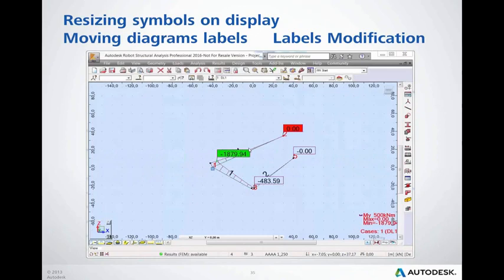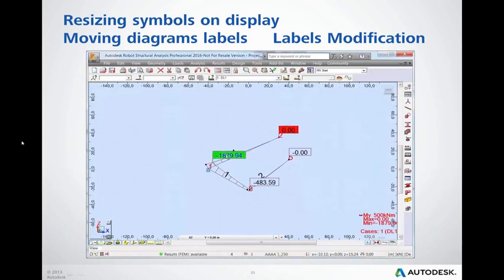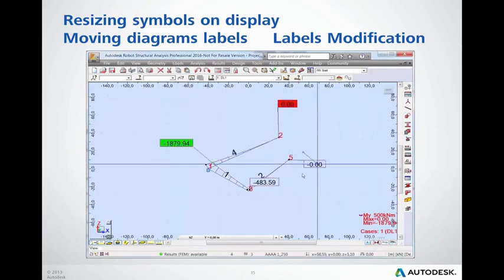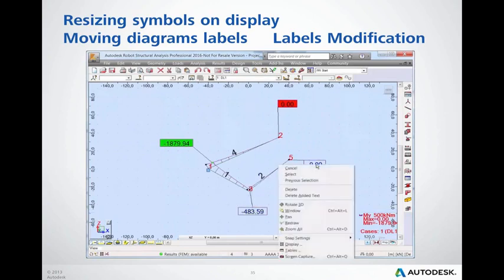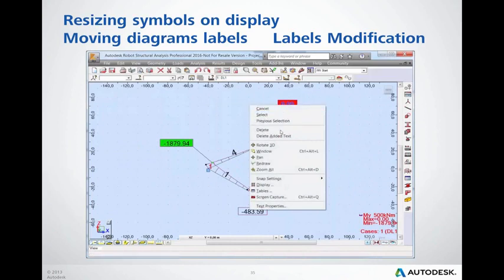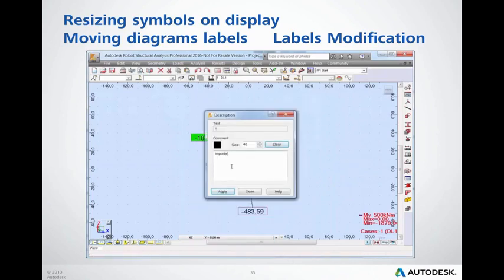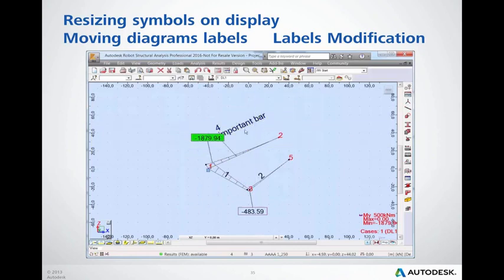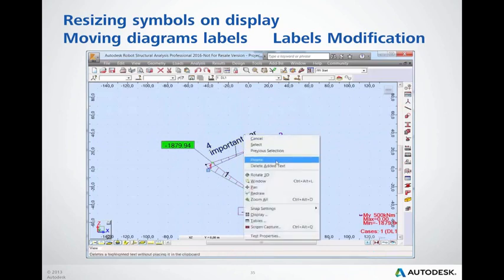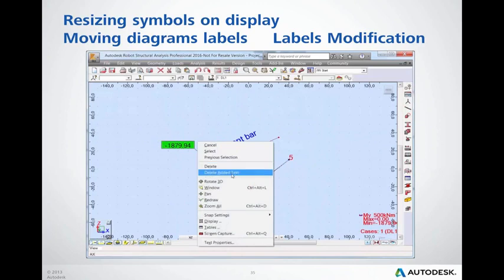Diagram labels, object names, and text symbols can be modified and moved by the user on the graphic screen by mouse. To activate this, we should click somewhere in the middle of the text and then just drag the mouse. On the right-hand click menu, we can see additional options available for such elements, like delete, delete added text, and text properties. For such items, we can add some descriptions if we want, and then place them correctly in our view. So we can delete some items from the display, delete added text,